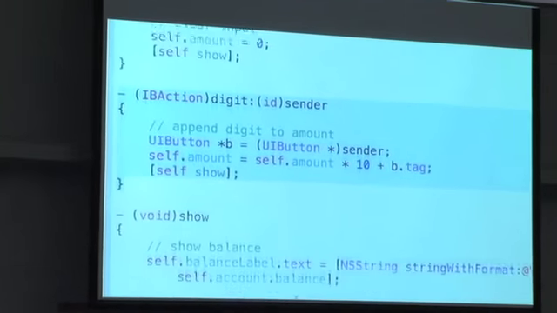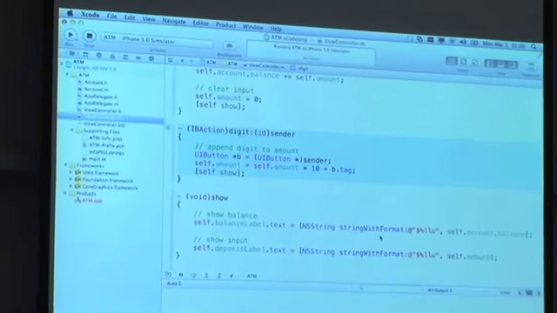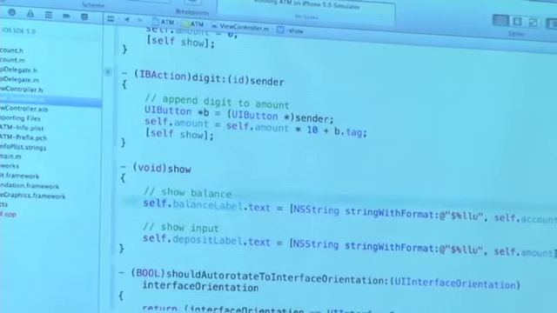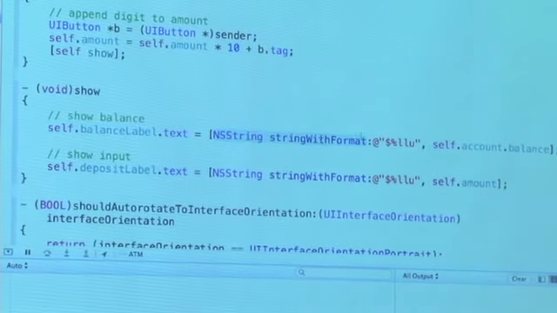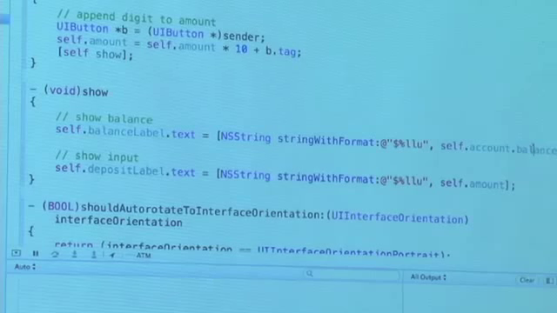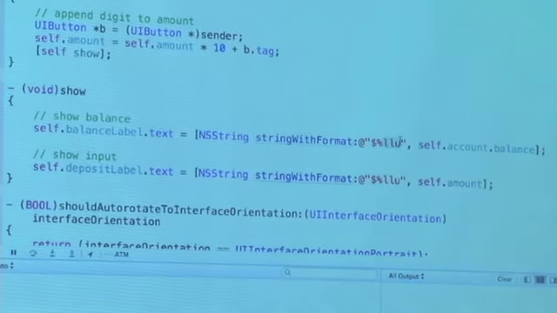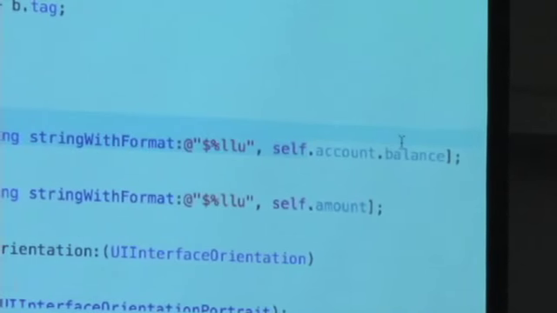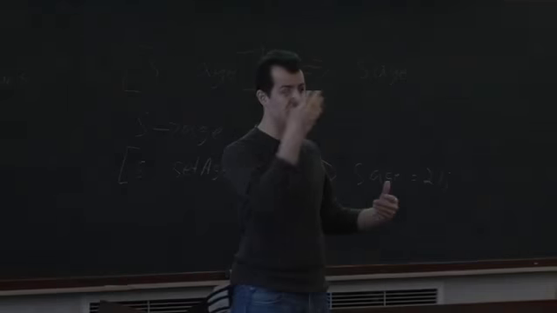And then if we look at something like show, notice that showing the interface after I've clicked a button is going to involve updating self.balanceLabel. It has a text property, which is literally an NSString pointer. And I'm going to put in that pointer the result, if you think back to 50, of a string that's formatted with %llu, which is unsigned long long, self.account.balance. And there's a few details we didn't peel apart there, but the biggest takeaways, hopefully, from today's example